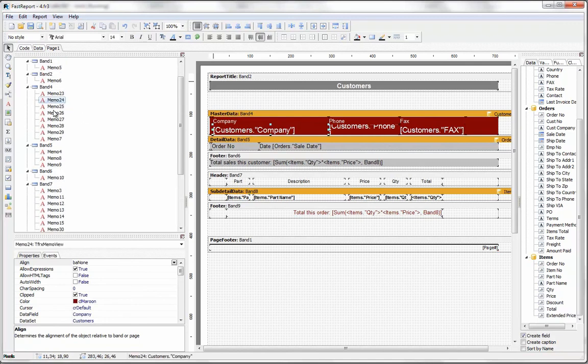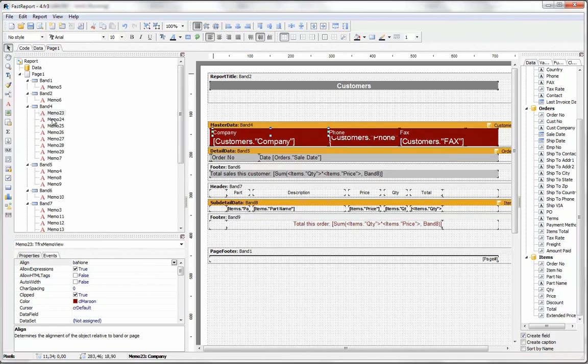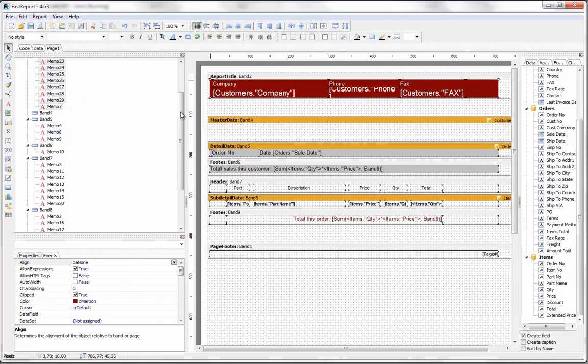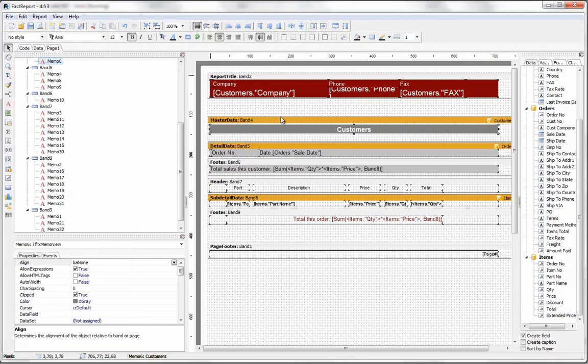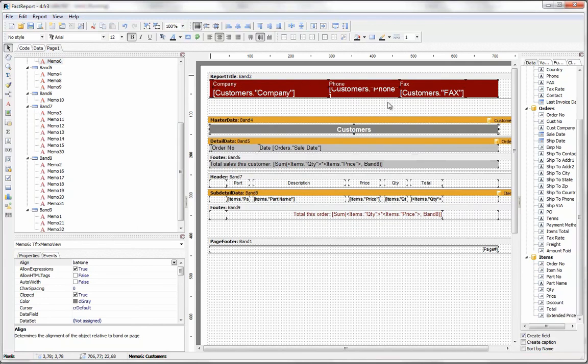You can move objects not only inside the report workspace, but you can also use the report tree for that. You can just hold the Control key, select objects, and move them to the band you need. That's a really easy and faster way to move objects between bands, select objects and